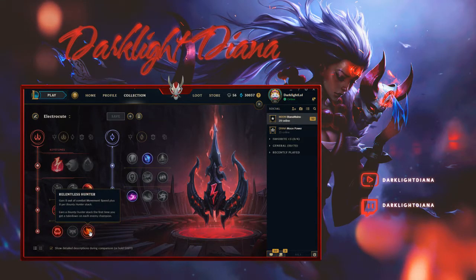The movement speed one helps you roam. If you build Luden's, this stacks particularly well with Luden's as well. This just makes your roaming insane. Ingenious Hunter is really good if you want to build Sonya's or Proto Belt or both. It's particularly good with those, especially Sonya's. We're going to be seeing a lot of Sonya's this season, I think. There's a lot of high damage 1v1 champions or teamfighting champions, like things we can dodge with Sonya's that